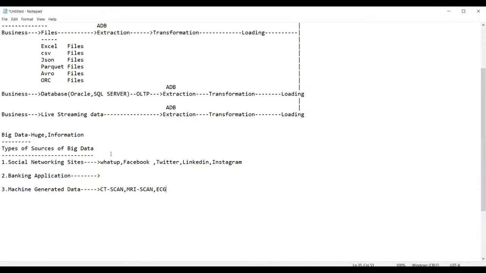Even these machines generate data, and this kind of data is also considered big data, that means a massive amount. The CT scan machine generates a very massive amount of data. Any machine which generates data is called machine generated data. That's it. Then afterwards,